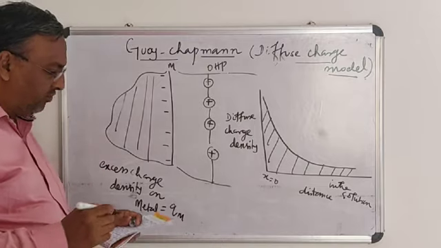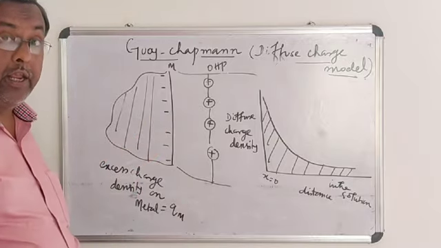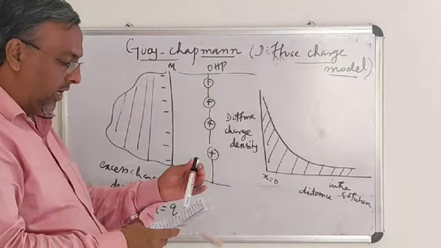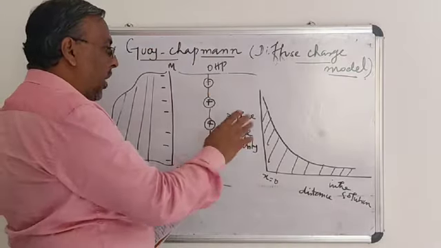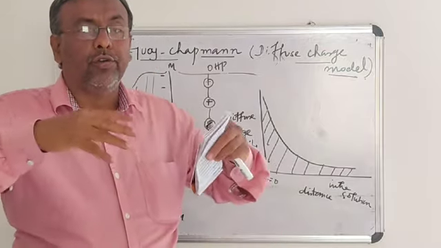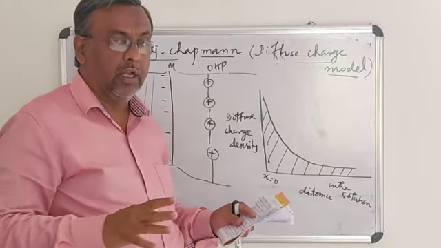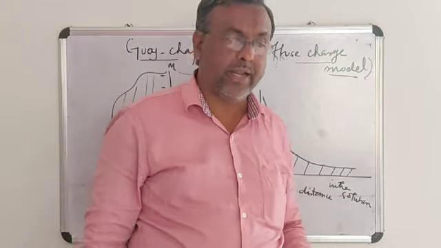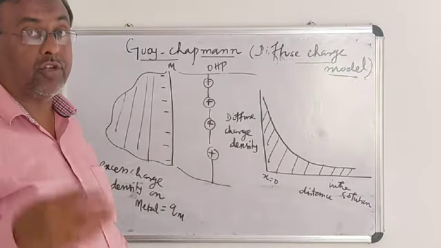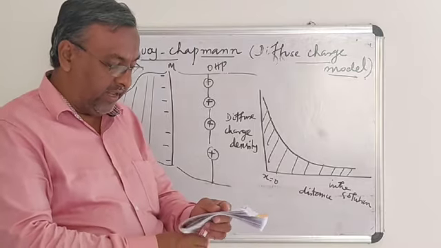Okay, it has been experimentally verified. And moreover, the net charge density vanishes as the distance increases. Okay, as the distance increases, because equal numbers of positive and negative ions are involved due to thermal movement of ions. So therefore what happens? The charge density in the diffused state of the electrolytic solution will become very small.